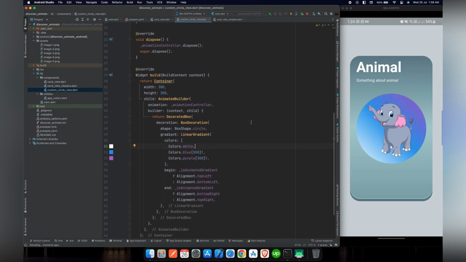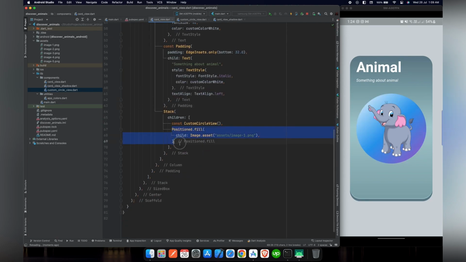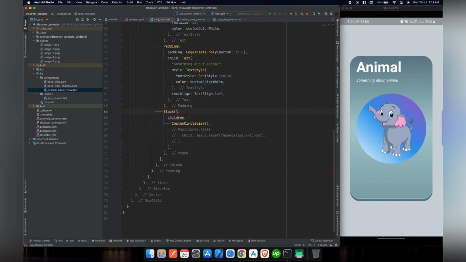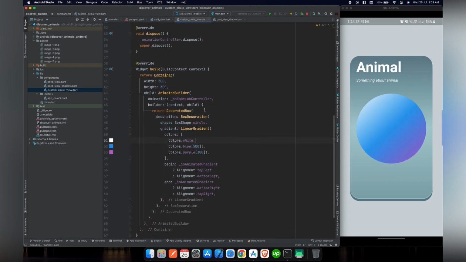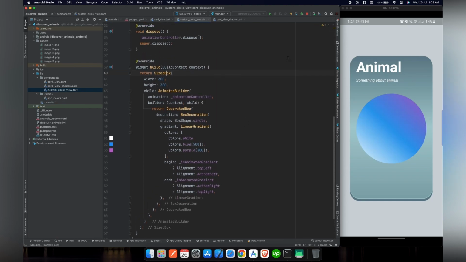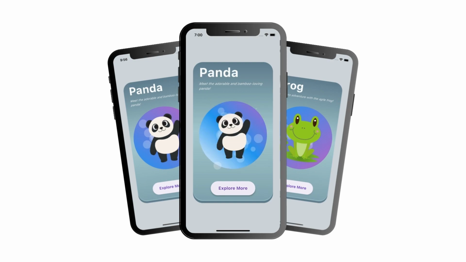After that, we will start working on the bubbles, the bubbles that are animating on the screen. For this purpose, let's comment out our code for the image that we are showing on the container, so we can easily see the changes while we are coding. What we want to achieve is to show bubbles throughout the container that will move forward and backward. Let's take a look at the sample video. As you can see, the bubbles are moving from one side to another and